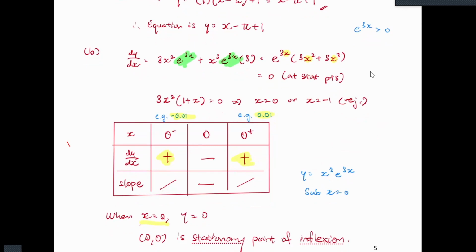Optimization, we practiced 3 times already. I think generally it's the easy part of differentiation. Like 90% of people will get it right, in the sense that it is a very straightforward process. You find dy/dx, determine the nature, find y value, submit answer. It's always the same pattern, the same workflow. Let's move on to 5.